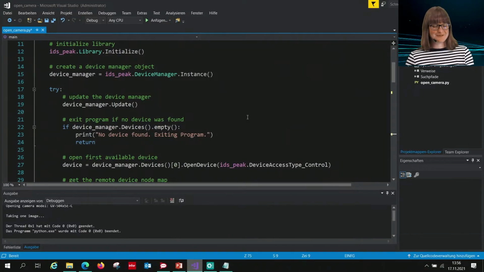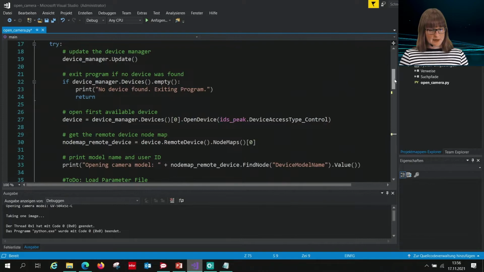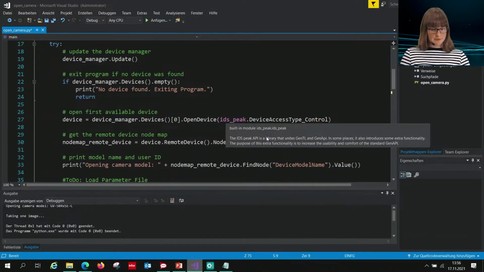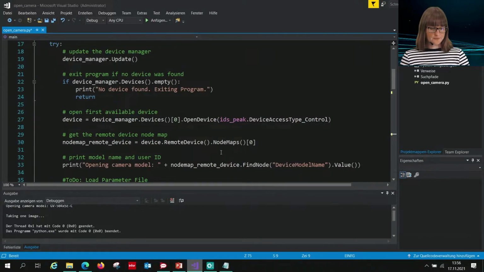In this case, I have connected a color camera, a GigaVision color camera, to the PC, so we can have an image later. You could query a camera list, but in this case, we just want to open the first available device, because I know that there's only one camera connected at the moment.